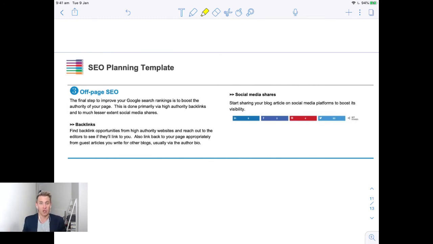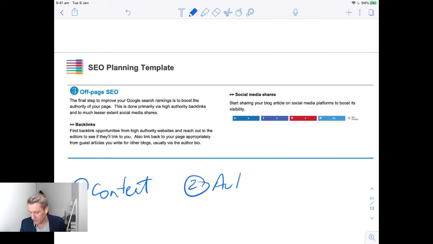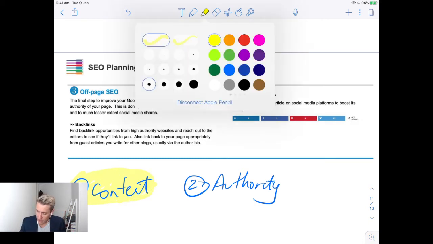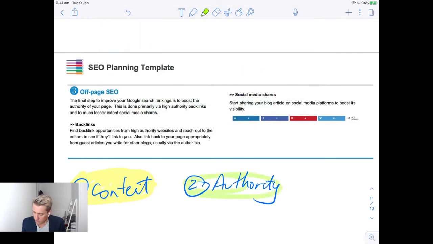So I said earlier that Google's looking for, firstly, content, and secondly, authority. So we've covered off the content part. We've done that already. What we're looking to do now is build up the authority of our site in Google's eyes. And the main way to do that is to